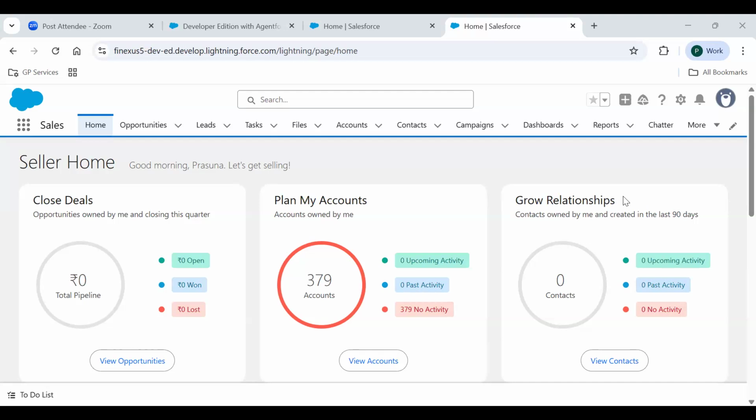We are on the sales page, ma'am. Okay, entire browser. That's not a problem.